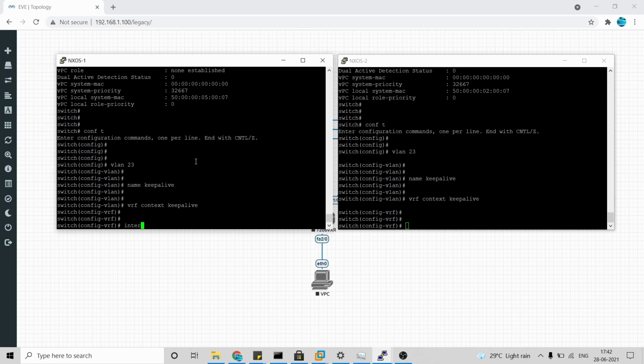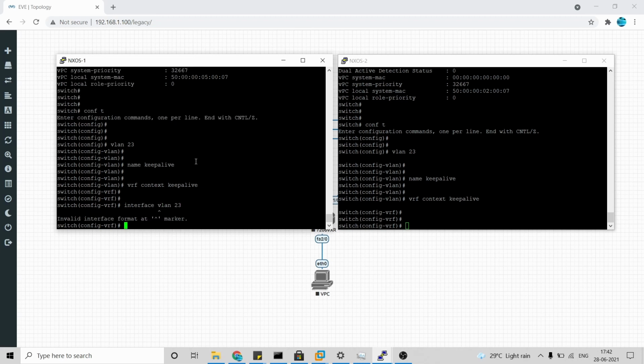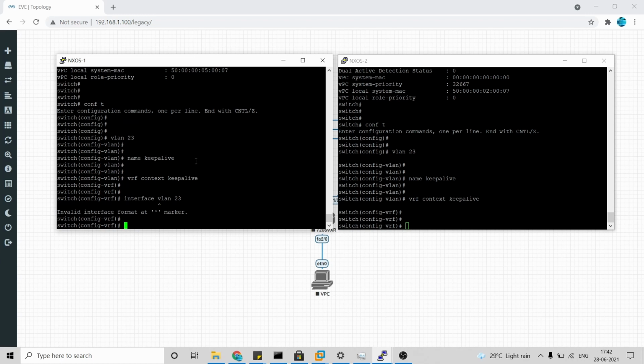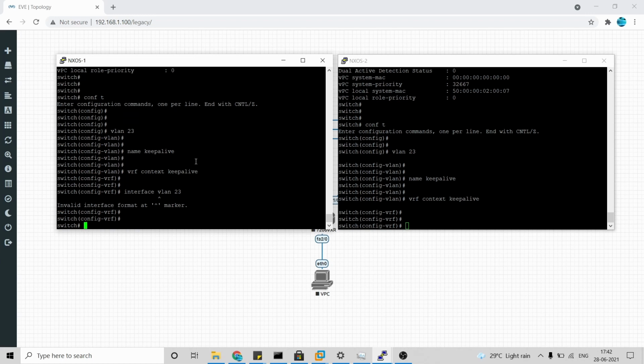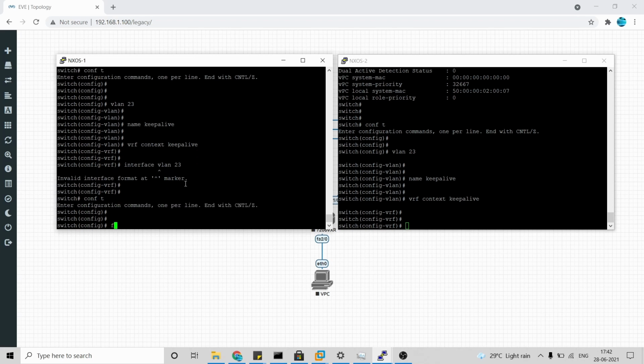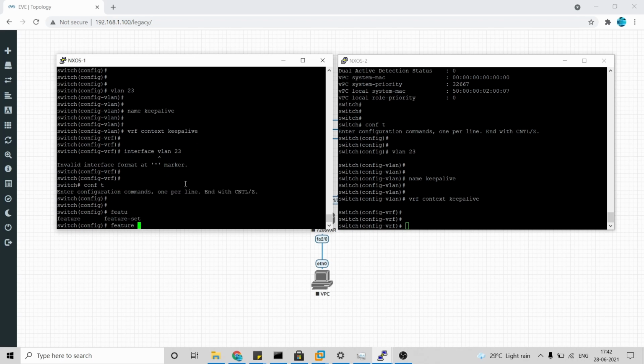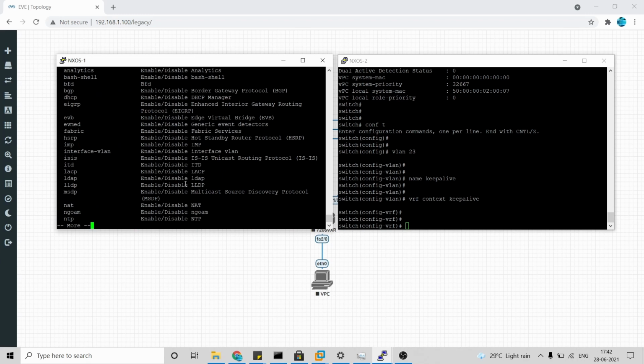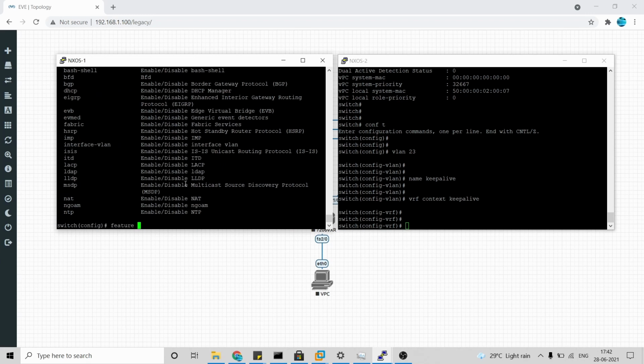Interface VLAN 23. I wanted to show you what the error is. It's nothing but we haven't enabled the feature. As I said, for anything to be enabled in Nexus we have to enable the feature. So I'm just going to enable the feature, it is interface-vlan, I guess.